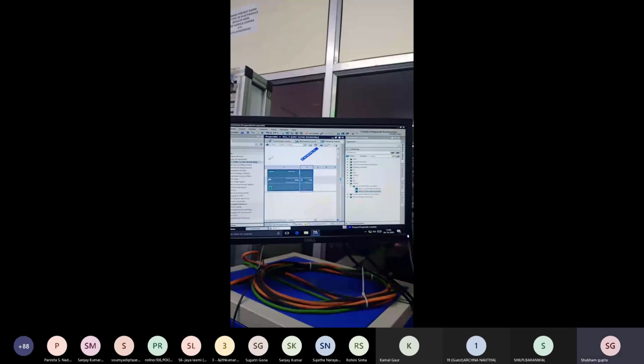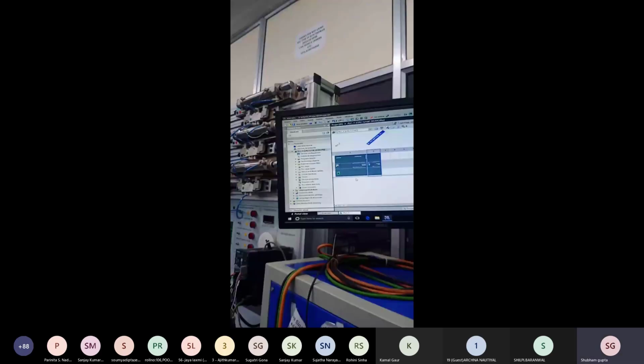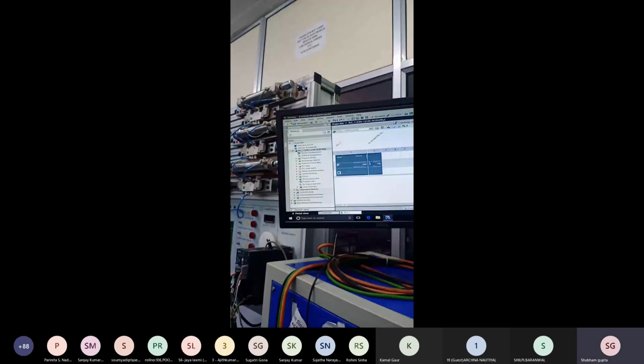Let's configure the IP address. We check it. What is the IP address? That IP address is 192.168.0.1, as the IP address we use to connect the PLC.